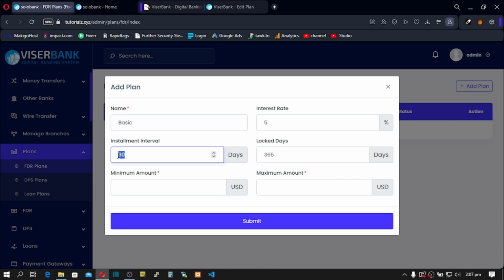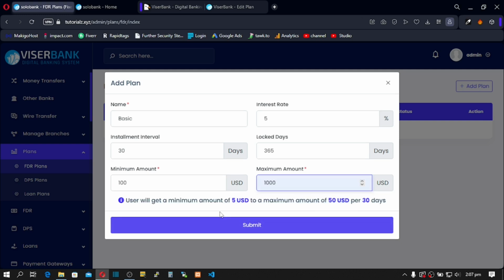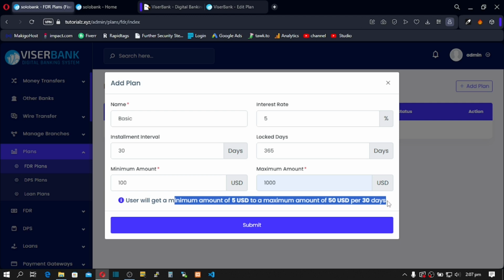Every 30 days, that's every month, you have to deposit. Okay. Minimum amount 100, maximum amount maybe 1,000. Now users will get a minimum amount of $5 to a maximum amount of $50 per 30 days. All right, so this gets like an investment plan for your banking institution,